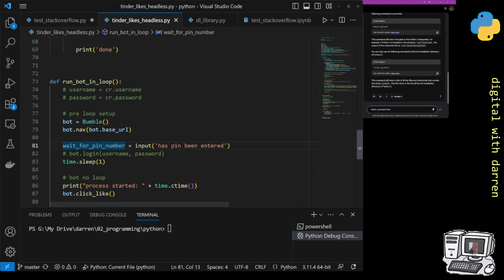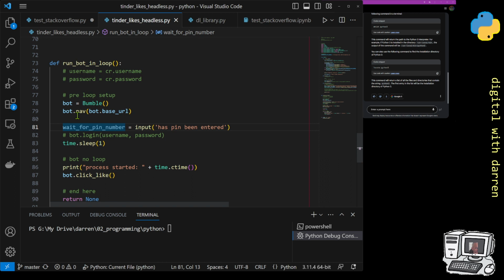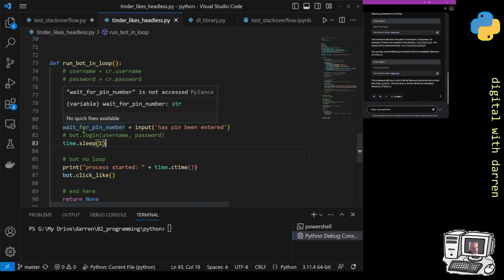But let's just continue then. Bot.nav, so we're invoking the function once we've created our bot, and then waiting for a PIN number. So that's what happens currently, actually, which is if I was to run this script,